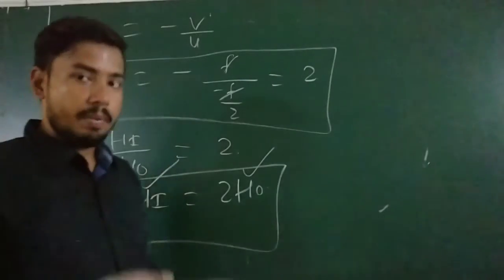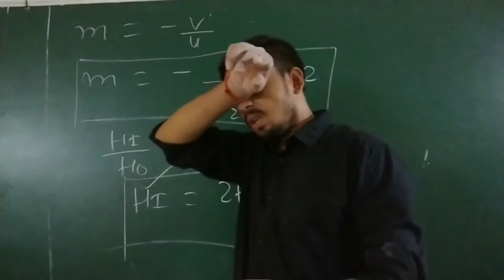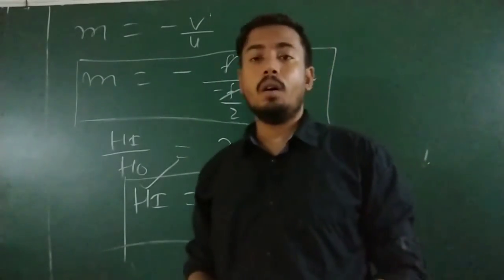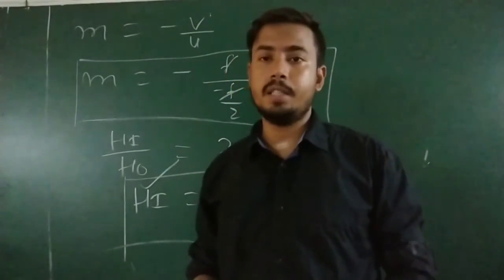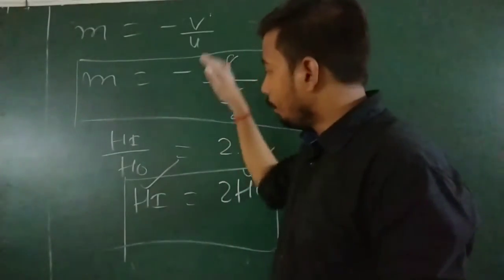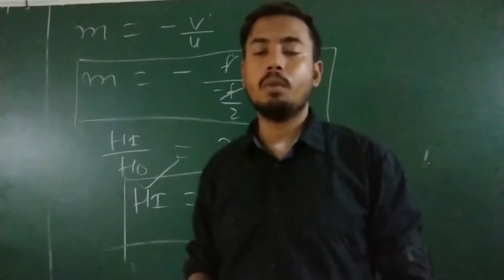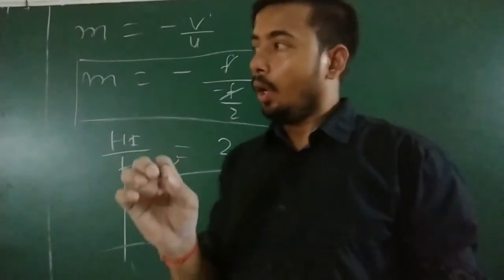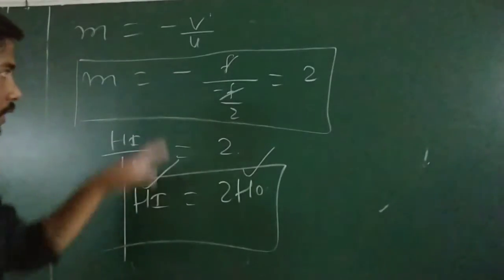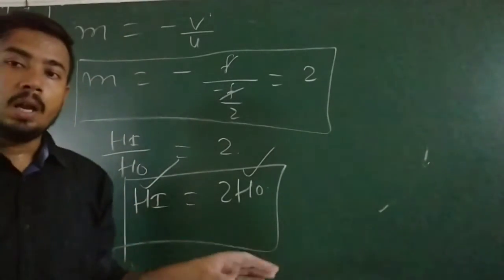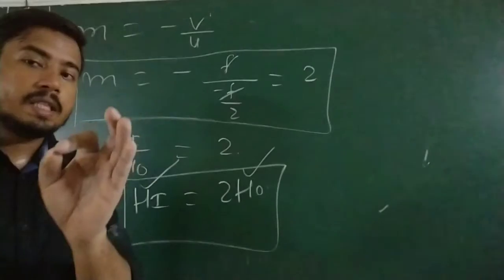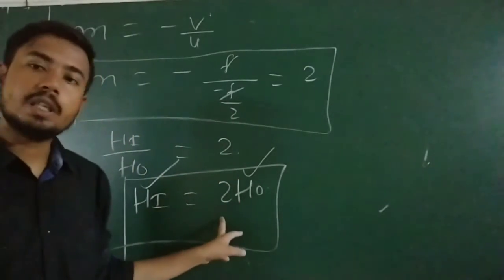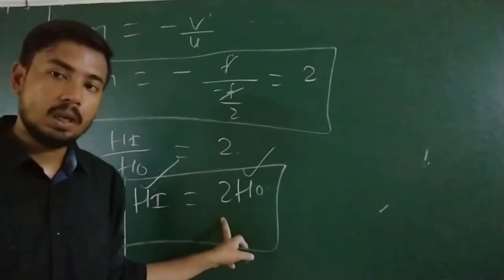So again I am just making a little bit of summary. 5 to 6 cases yesterday I discussed in the concave mirror, and I said all the positions and nature of the image, right? And all these things I proved here mathematically by using the mirror formula and the formula of magnification. If we observe all these 4 or 5 cases, magnification is always negative when the image is real, and magnification is positive when the image is virtual. Right?